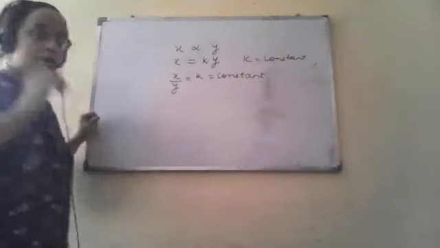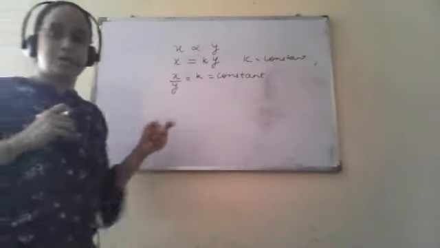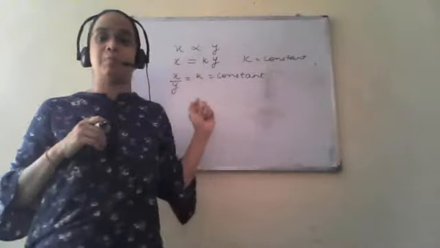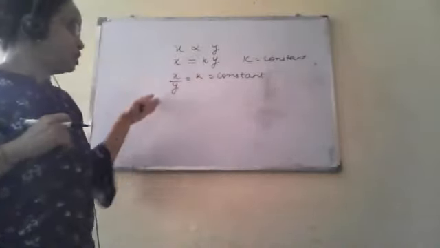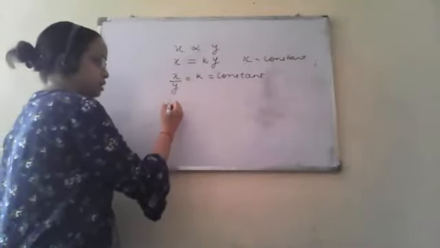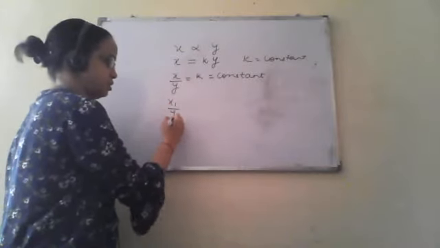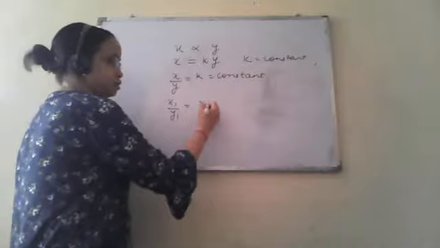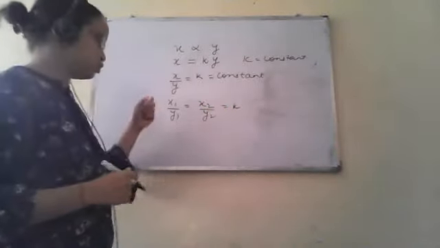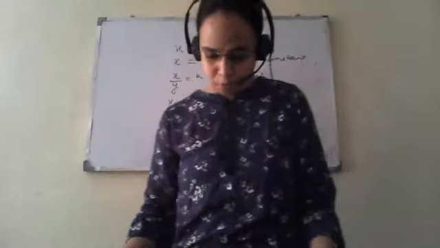What does it mean? In direct variation, the ratio of the two parameters or two things which we have taken will always remain the same. It will not change, and on this basis we will calculate the question. So we can also say if there are two pairs, x1 and y1, and x2 and y2, then x1 upon y1 equals x2 upon y2, which is k, or constant. So this ratio will never change. This is the direct proportion.